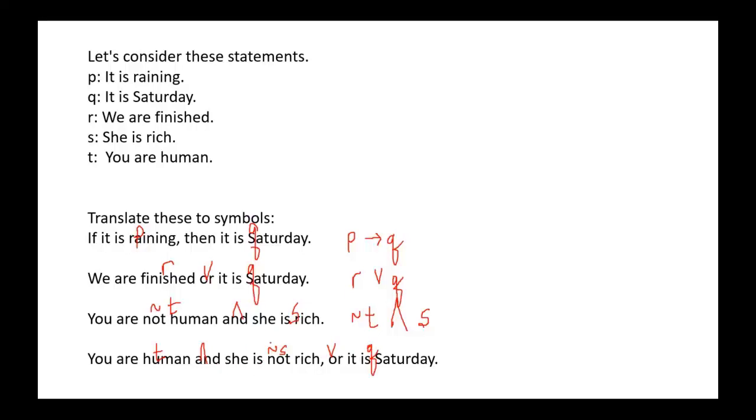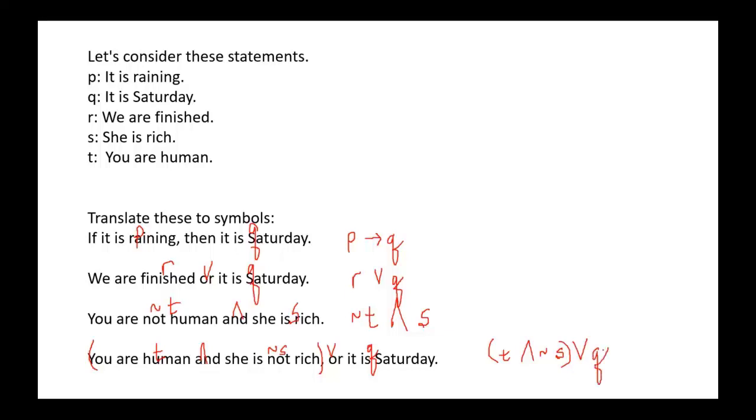Now this one we have both an and an or, but one of those is dominant. When we don't have parentheses, you have to determine which one of those it is. The comma actually helps us with that, because that comma separates those two parts of the sentence. You are human and she's not rich. That goes together as indicated by that comma. And we would do that over here for the math also. You are human and she's not rich, and then close parentheses, or